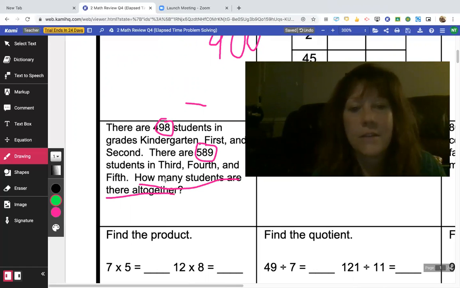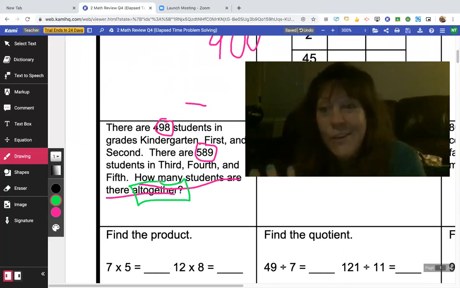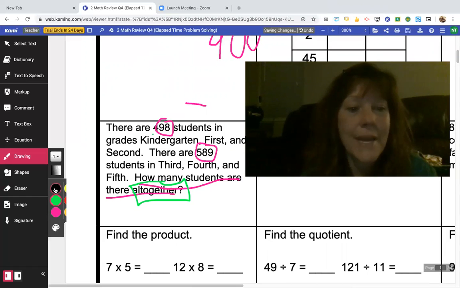All together is definitely a keyword. All together means that I'm putting things together. So I'm either going to multiply or I'm going to add. In this case, it's just 2 groups. So I know that I'm going to add. So I'm going to be adding